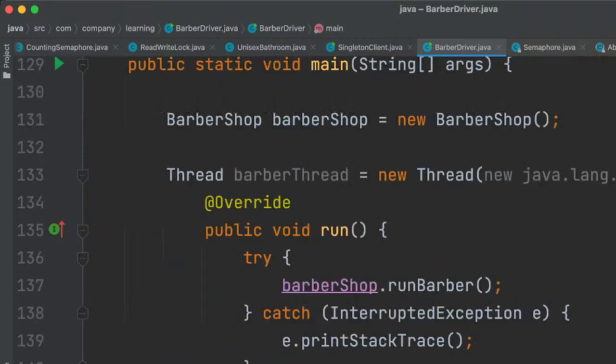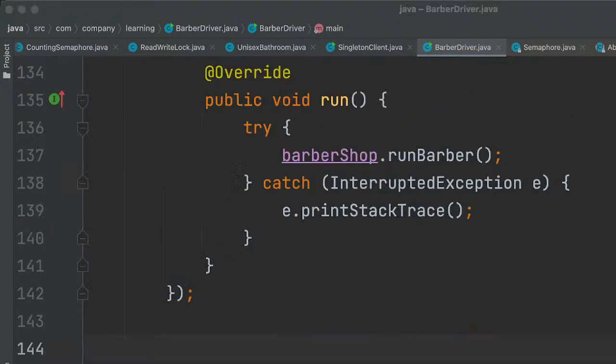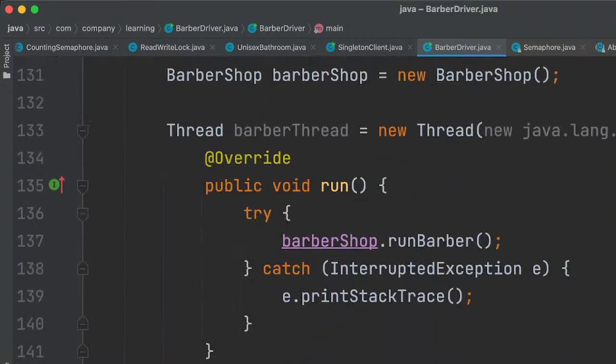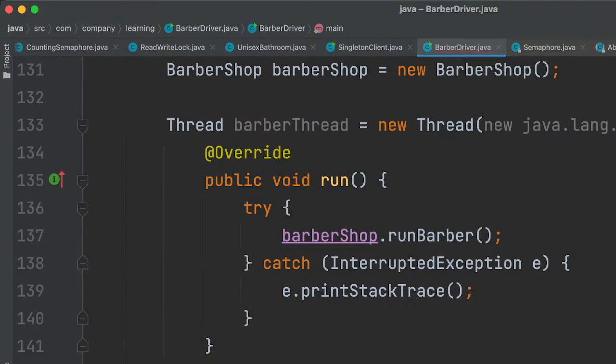We can create a loop, right? We'll create a list of threads and we'll be executing them one by one.